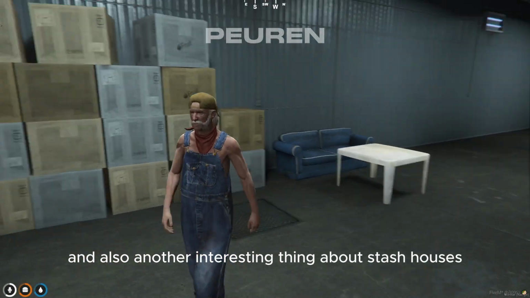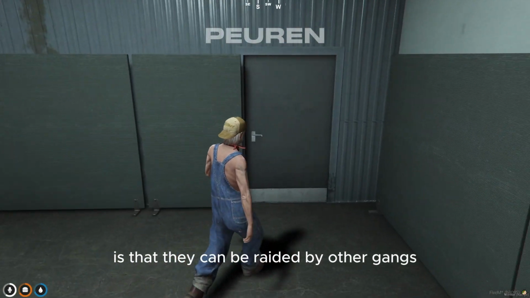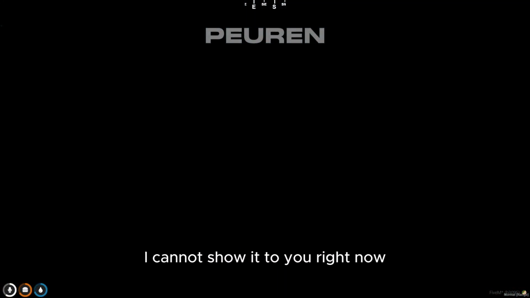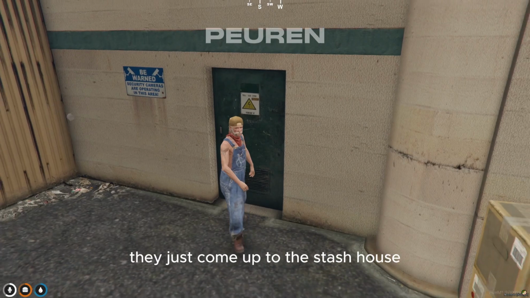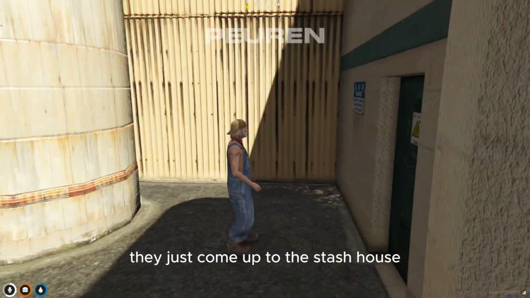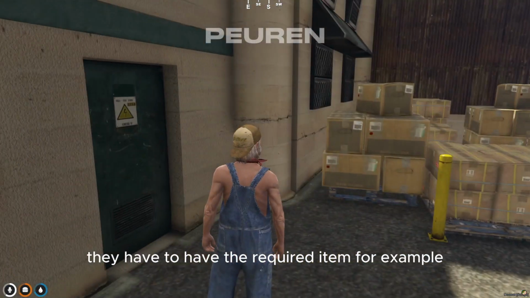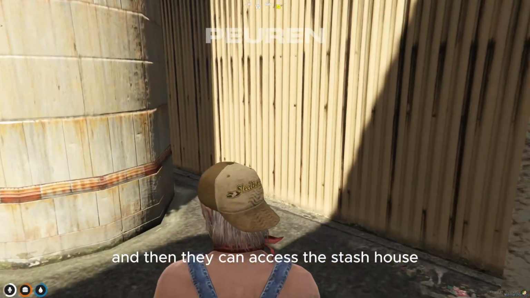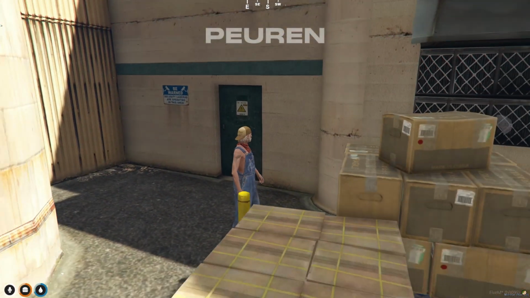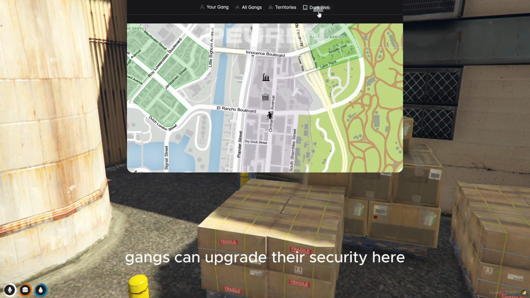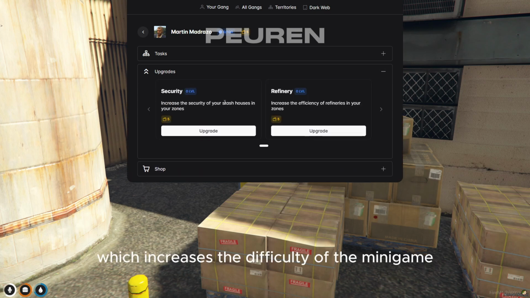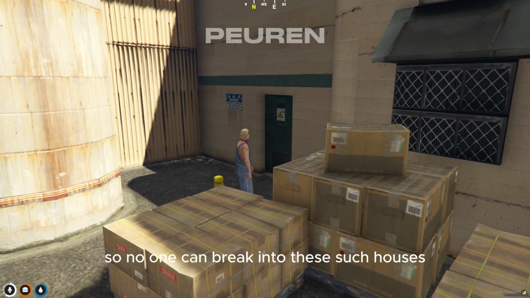And also another interesting thing about stash houses is that they can be raided by other gangs and police members. I cannot show it to you right now, but it's pretty simple. They just come up to the stash house. They have to have the required item, for example, let's say a lockpick. They complete a minigame and then they can access the stash house for a specific amount of time. And to prevent this, gangs can upgrade their security here,